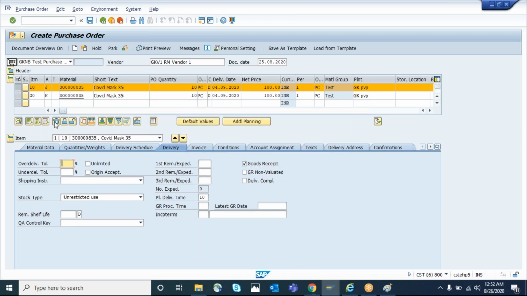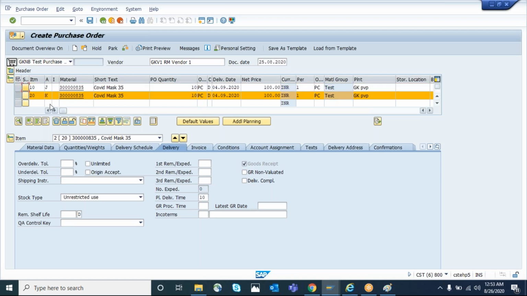For J, in item 1, the goods receipt flag is there, but I can remove it. If I decide when creating the PO that I don't want a goods receipt, then I can remove this. Coming to item 2, which is related to K, there is the GR form.